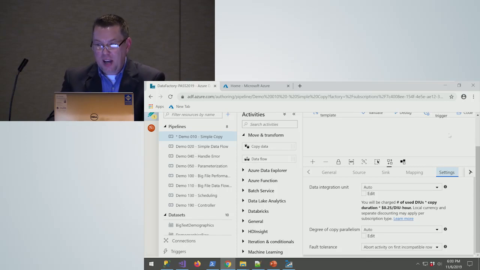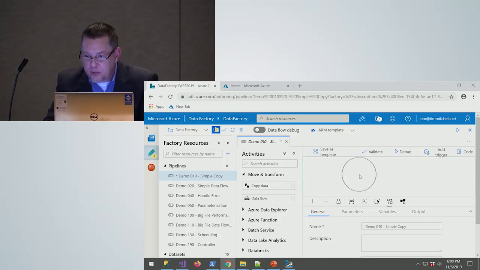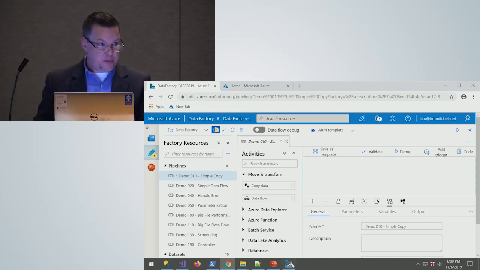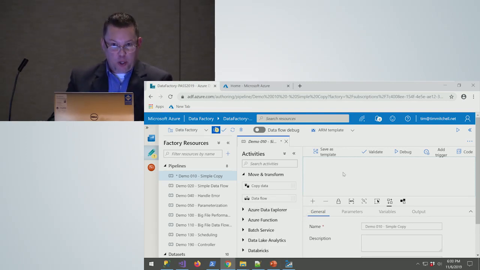This copy operation, as I mentioned, is one of the simplest things that you'll do in Azure Data Factory, simply because all it's doing is, looks like I've scrolled away from that, it'll take data from a source, write it into a sink. It doesn't filter it out. It doesn't do anything fancy at all. It's not really a data flow in that there's no pipeline that you're creating. It's simply taking everything from one to the other. The good news is this runs fairly quickly. The bad news, or the less good news, I guess, is that it doesn't give you a lot of options for transformation. It's really, like I said earlier, kind of a dumb operation to take everything from A and load it over into B.